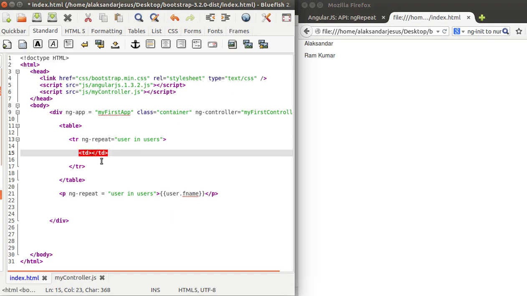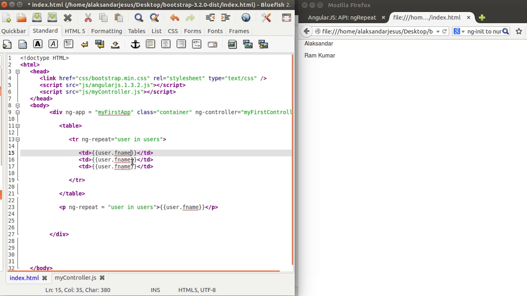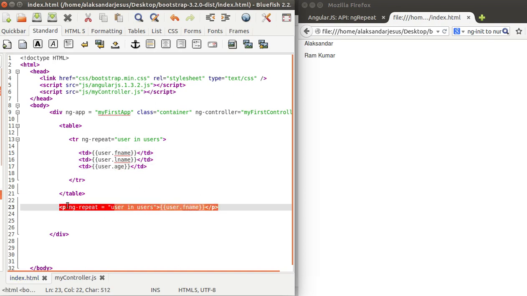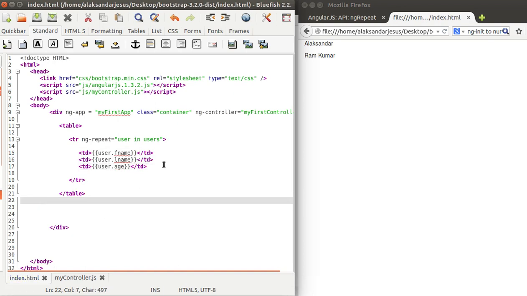So this will be having user.fname, and then we will have user.lname, and then we will have user.age. So if you go and refresh it, we'll be having separate table rows.